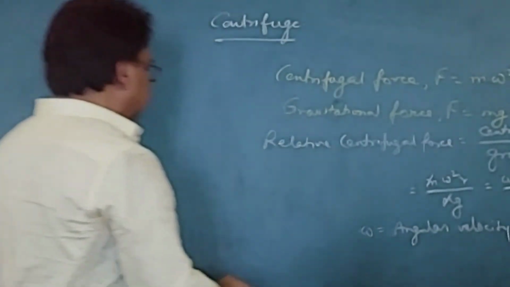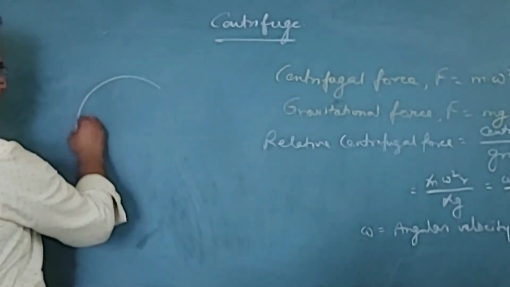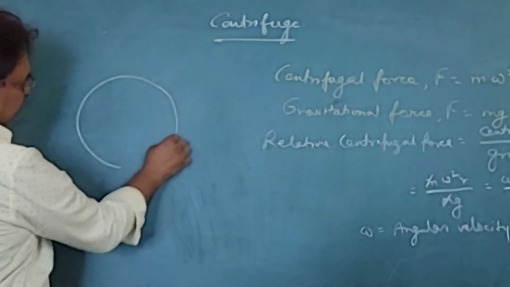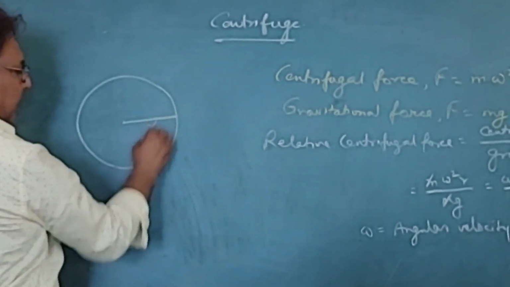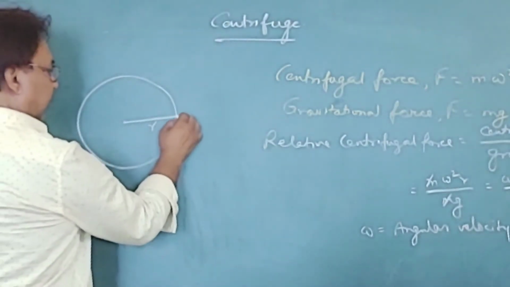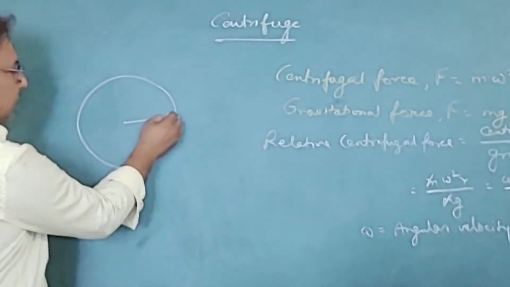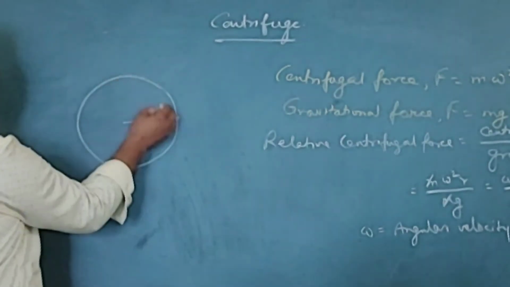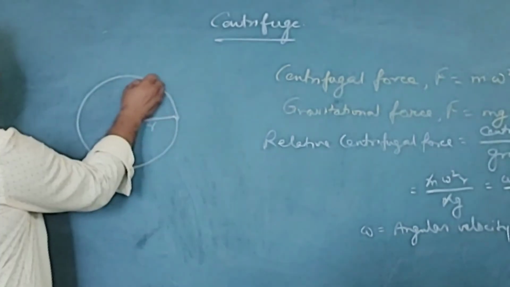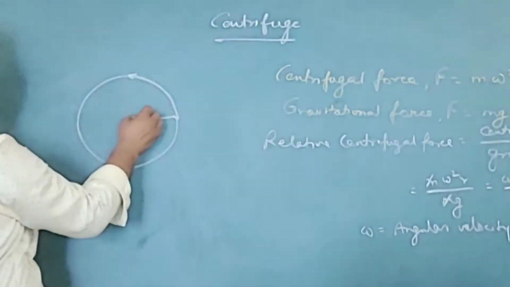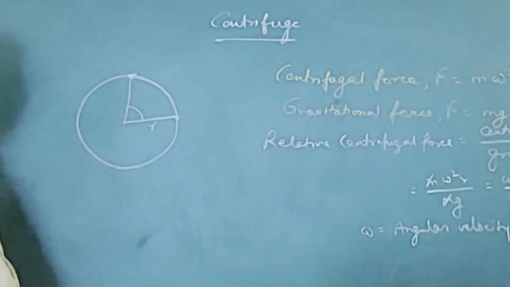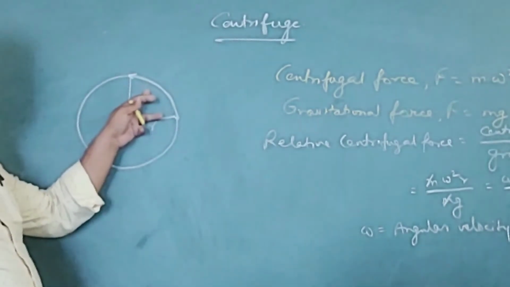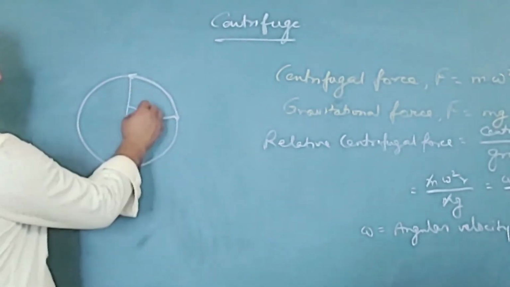What does angular distance mean? The body is rotating in a circle like this, with a radius r, and this is the particle that is continuously rotating in this manner. So this will be its linear distance, but this angle that is subtended by the arc is called theta,